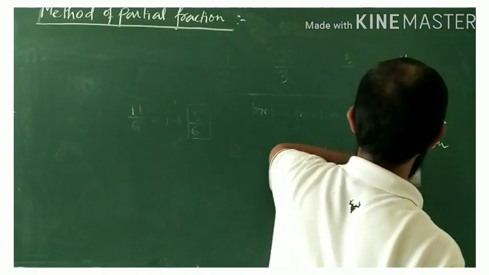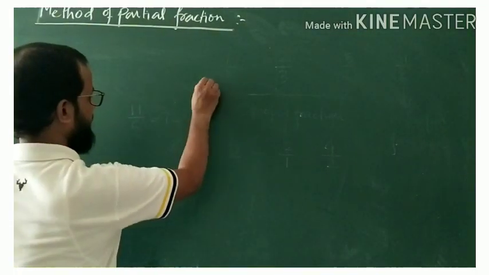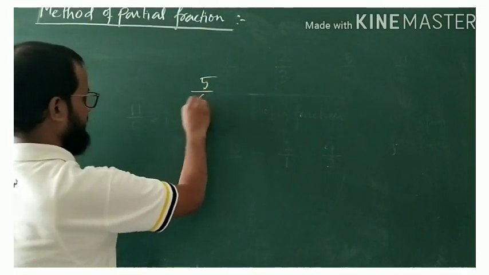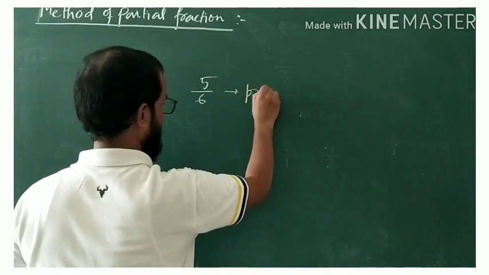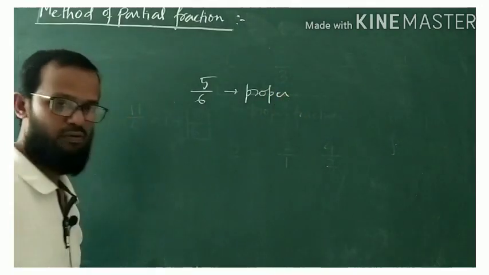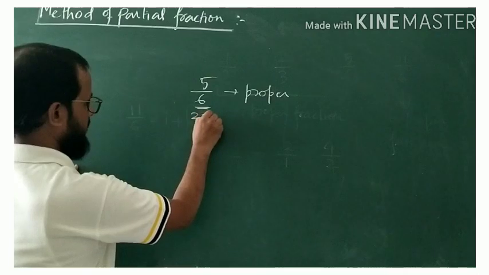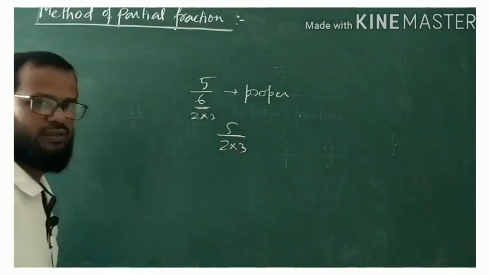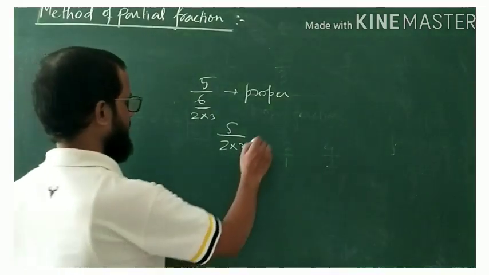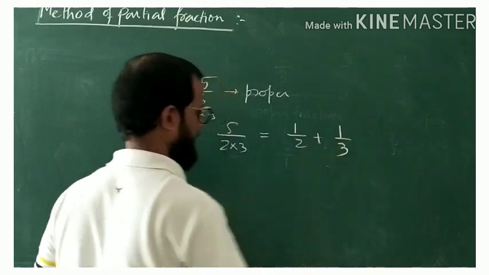Now my job is to explain the partial fraction of a proper fraction. For example, suppose 5 by 6 is a proper fraction. And you also see the denominator is factorized. It can be written as 2 into 3. So your expression is 5 by 2 into 3. And very interestingly, you can write it like half plus 1 by 3. If you take LCM,